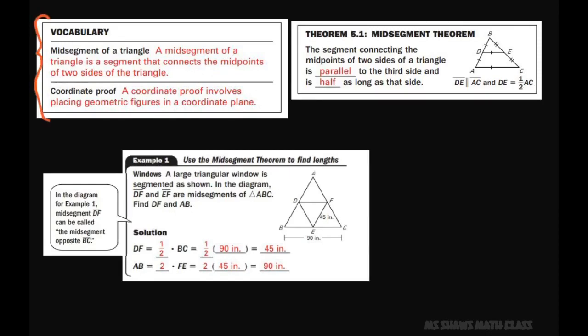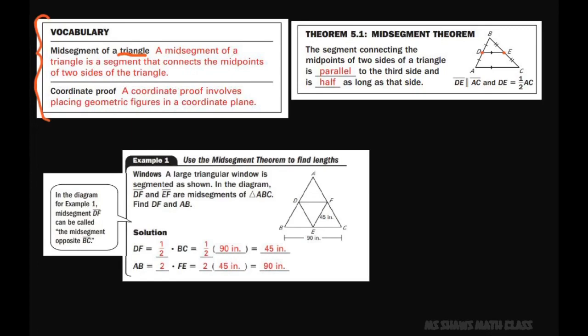A midsegment of a triangle is a segment that connects the midpoints of two sides of the triangle. So here would be like two sides of the triangle. All right. A coordinate proof involves placing geometric figures in a coordinate plane, which we'll do at the end of the video. So here's an example